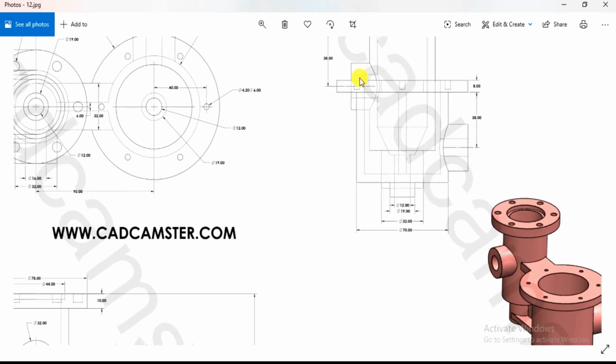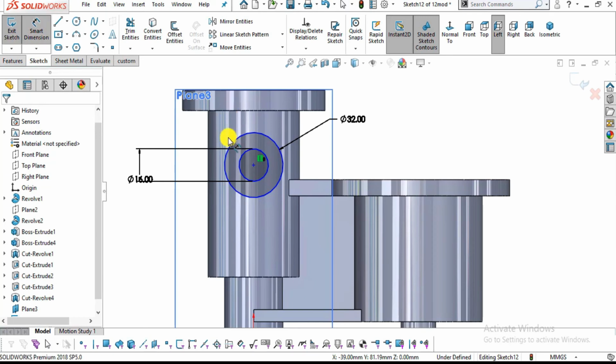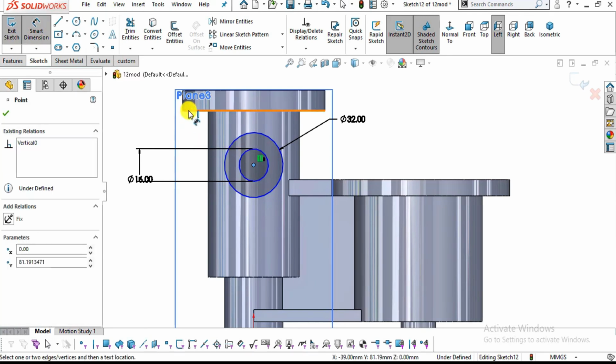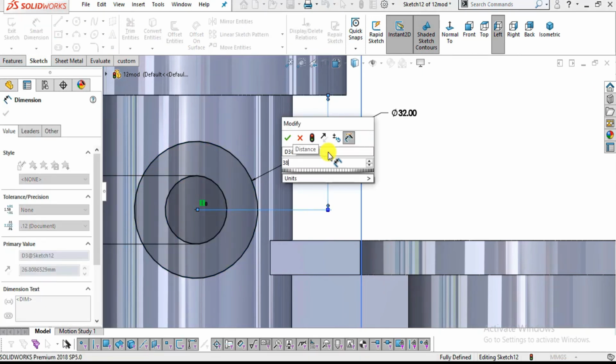You can see from this center point to the bottom surface of this boss, it is 38 millimeters. Now go to Smart Dimension, select this center point and select this bottom surface like this. This one will be 38 millimeters. Enter.